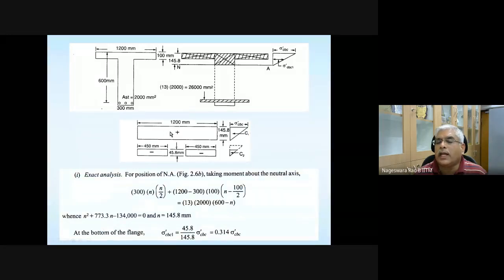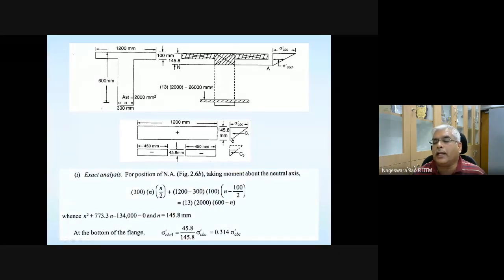And now this kind of idealization makes it easy for us to get the moments. So now we also calculated what the stress is at the junction of the flange and web. At this location, what is the stress value? Based on that, we are going to draw the stress diagrams for these two